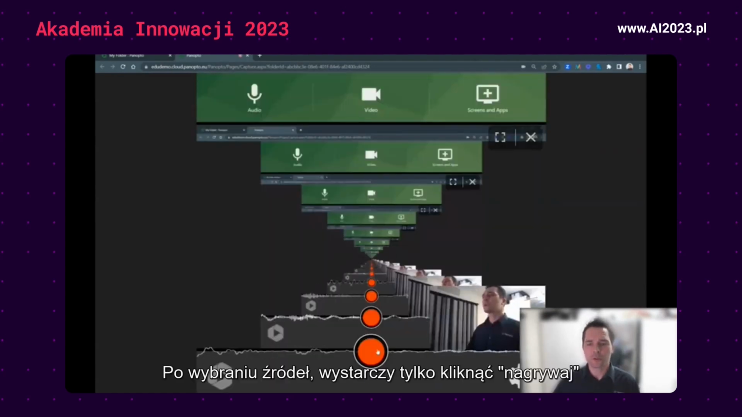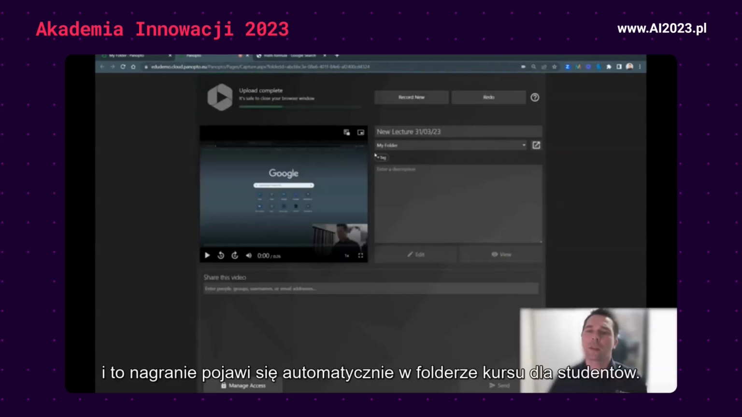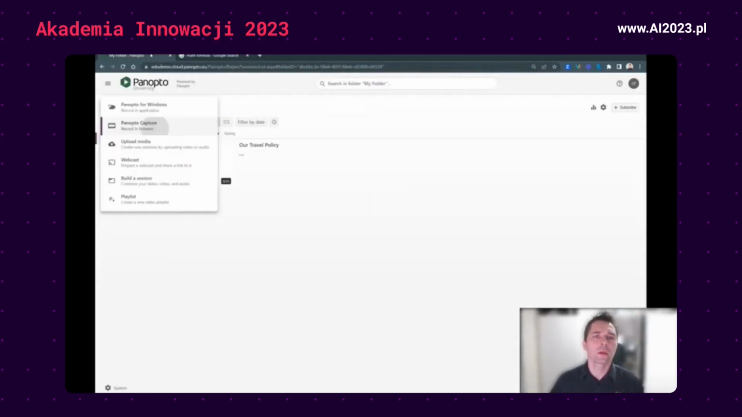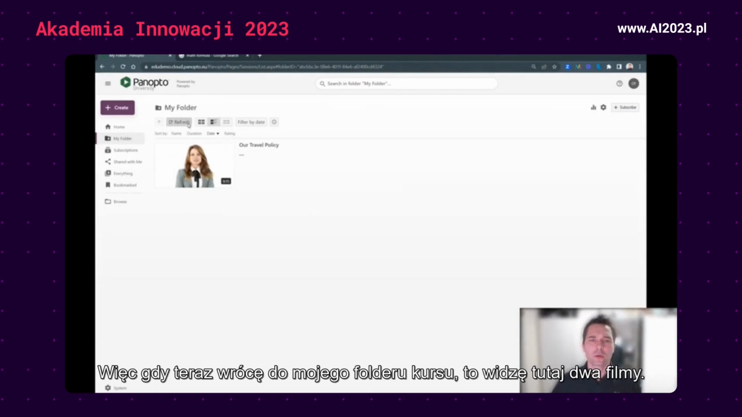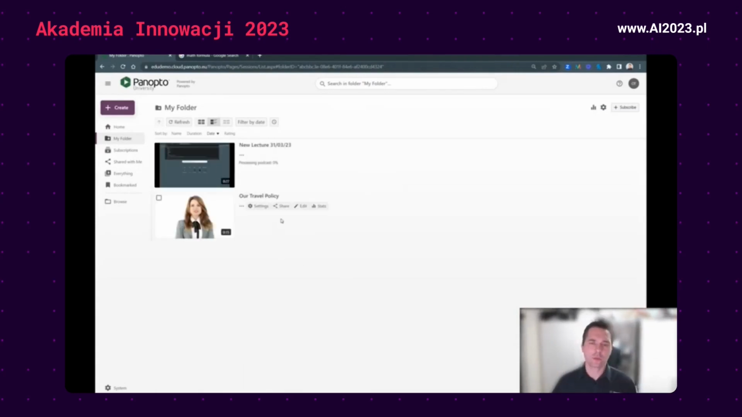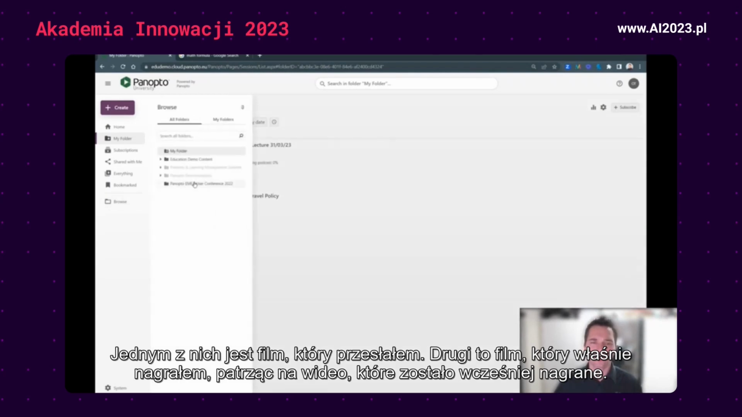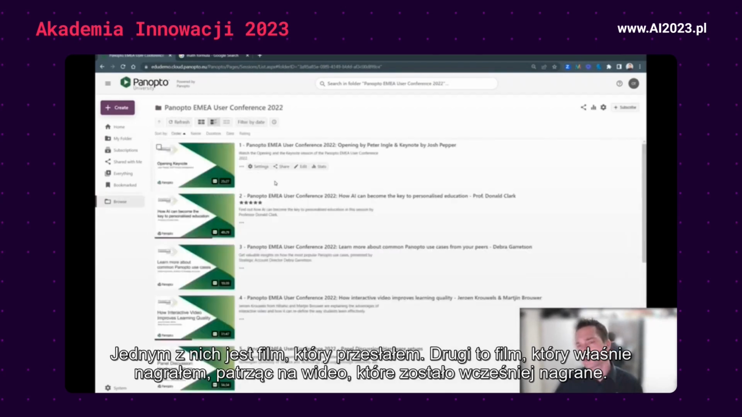Once you have chosen your sources, you simply click record. And that recording will appear in the student's course folder automatically. So if I go back to my course folder, I can see I have 2 videos in here. One is the video which I uploaded, the other one is the video which I just recorded. Looking at a video which has been recorded previously